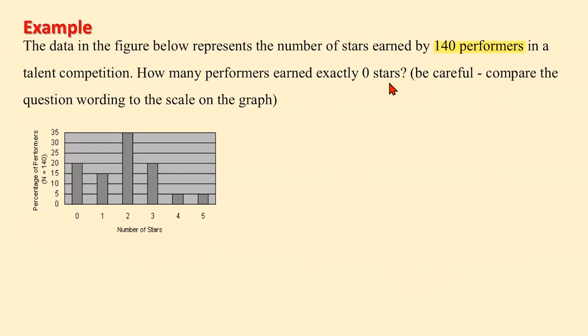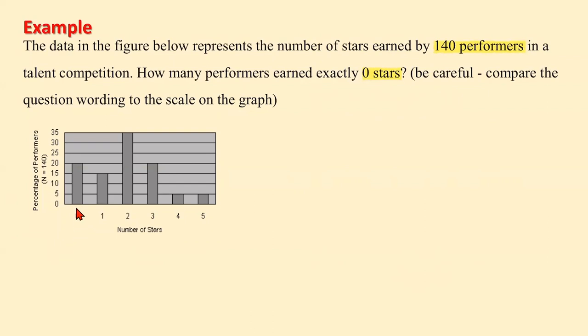So you have to look at the diagram here very carefully, because here you can see along the x-axis you have the number of stars. Along the y-axis, you have the percentage of performers, not the numbers. So if you look here for 0 stars, because we are interested in the number of performers who earned exactly 0 stars. So if you look at the graph,